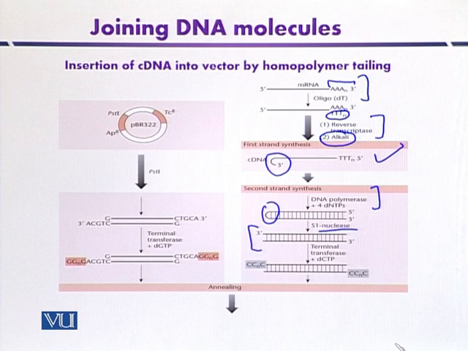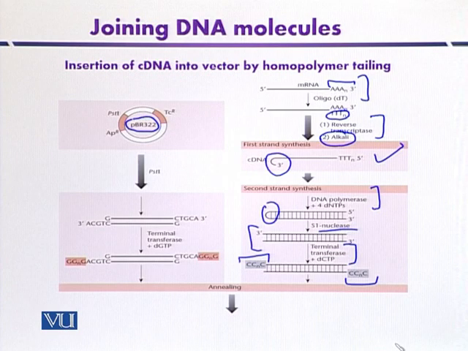Then this cDNA can be treated with terminal transferase, so that it can introduce only, for example, cytosine homopolymer tails at the 3' end. On the other hand, the vector DNA can also be used to form homopolymer tails. So here the example is a plasmid which is called pBR322. It is a very good example of the plasmid vector that is frequently used in